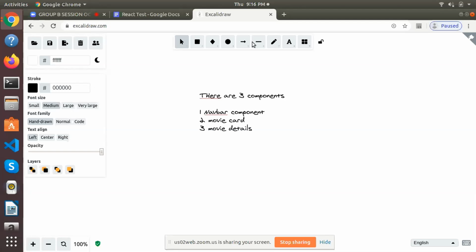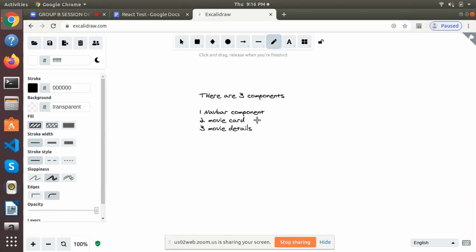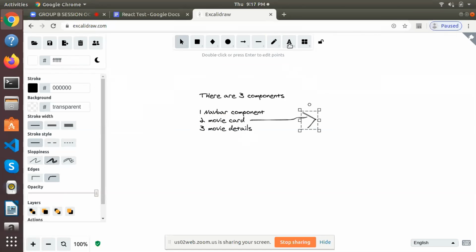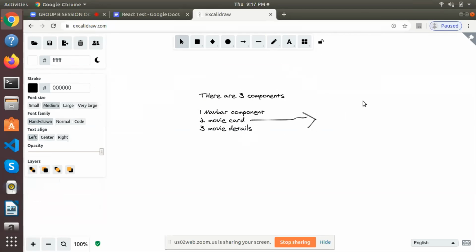Right. So these things are clear. To show the movie card, you need data, so we can fetch it from APIs.